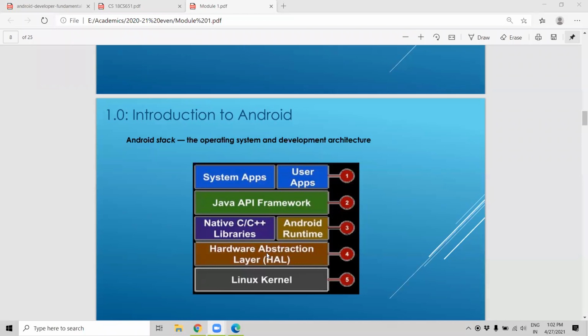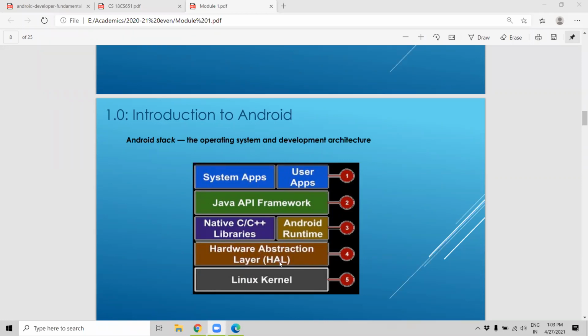Hardware abstraction layer is once again the software part which knows how to communicate with the hardware. See, there will be a camera, there will be a Bluetooth in your mobile. In order to communicate with that, this is the one part.